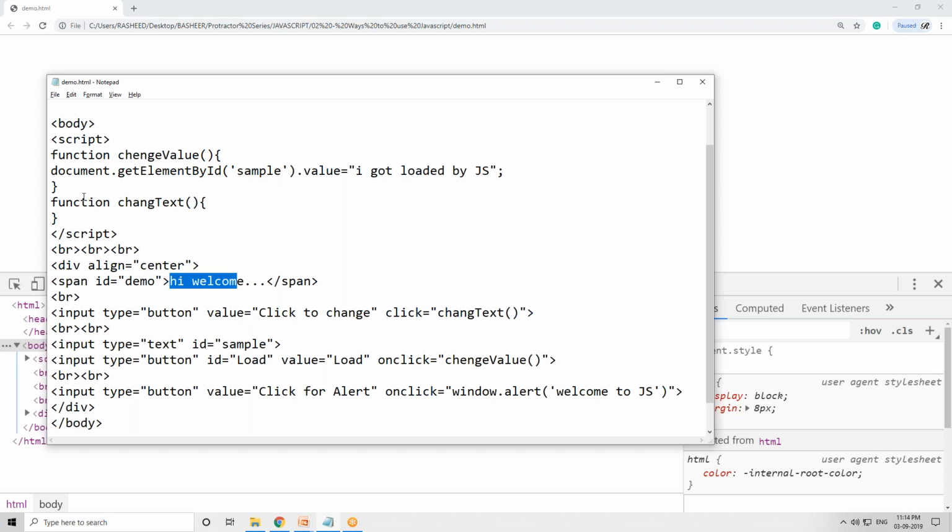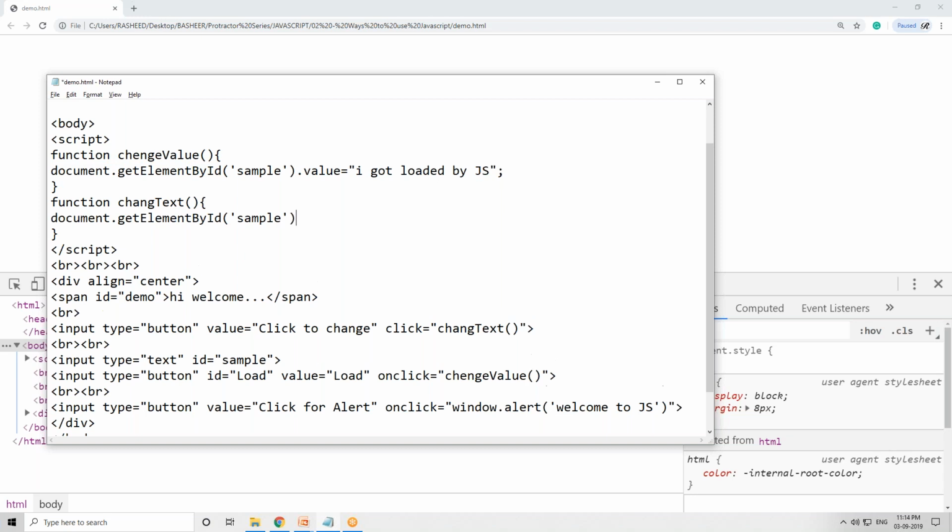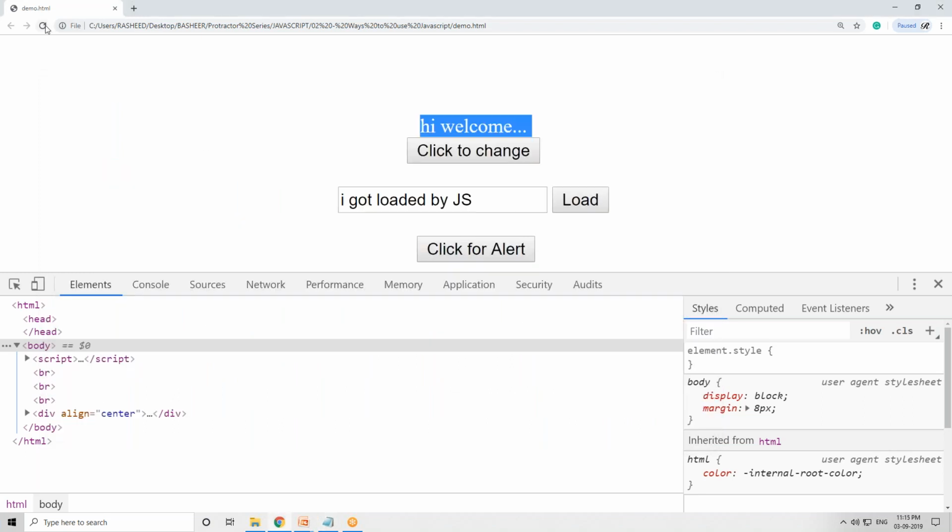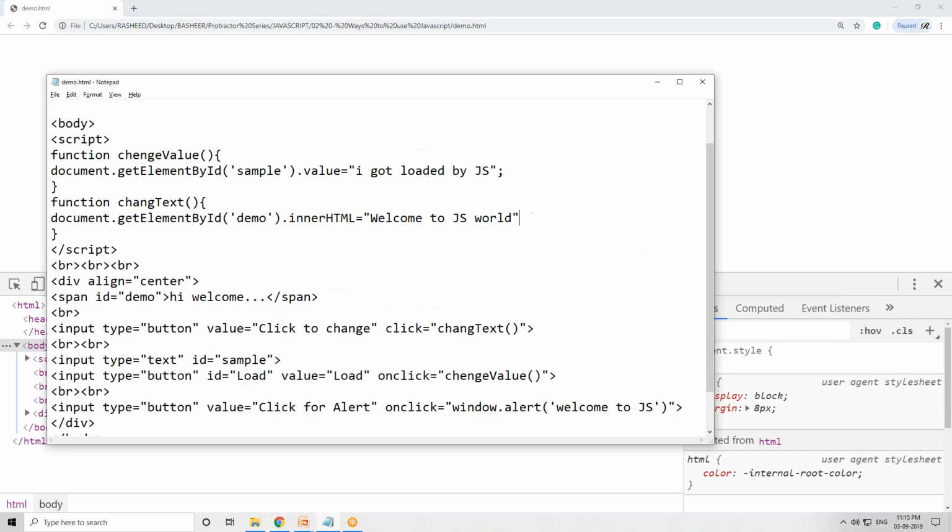So here this one by id, same thing, document dot getElementById, and this one is what, demo. So here it's not value, right? It's the innerHTML. So here you can say innerHTML equal to, let's say, welcome to JavaScript world. Okay, so now if you refresh your browser and click on here,